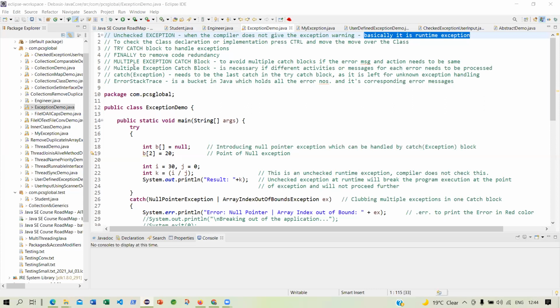So it doesn't matter. Use the try catch block to handle exceptions. This you have to remember: try, catch. This is one of the most important topics of Java or any language. You are handling the exception through a try catch block, and also finally, to remove any code redundancy. That means something you have not closed, some resources need to be closed. It is already open. I will do that in the finally block, not in the try, neither in the catch block.